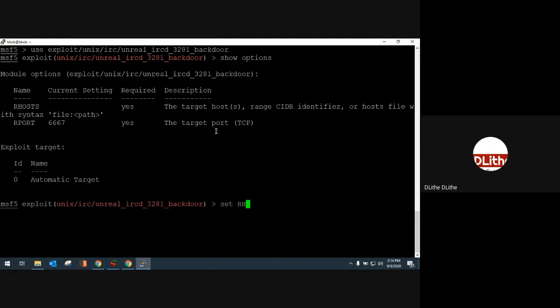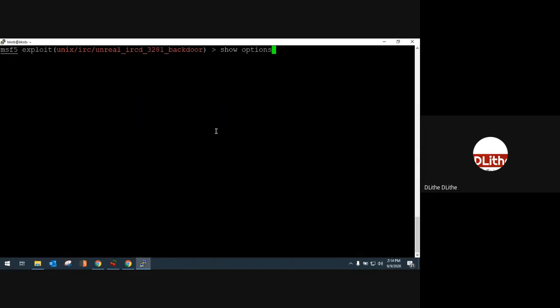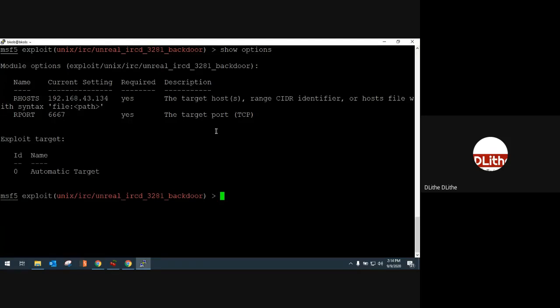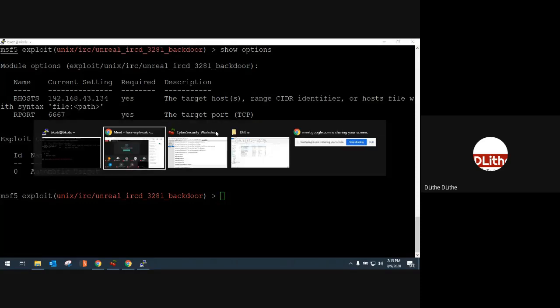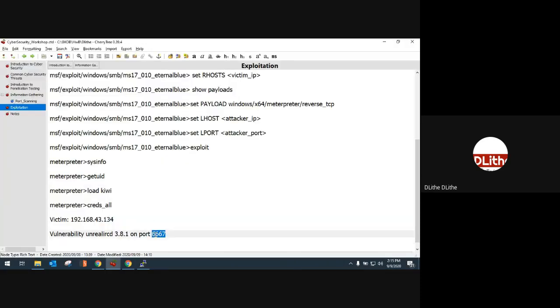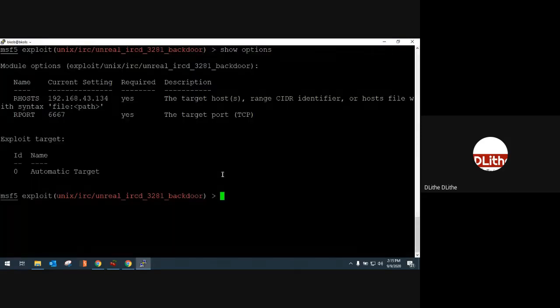It's just the same thing that we discussed yesterday. Our host is used to specify the target IP address. We have successfully configured the exploit options. It only requires two pieces of information, that is our host and our port. Our host is the target IP address, and our port is the port number. If you recall, 134 is the target's IP address, and port number 6667 is the vulnerable port, isn't it? See, 6667. Right? So let us see what the compatible payloads are.